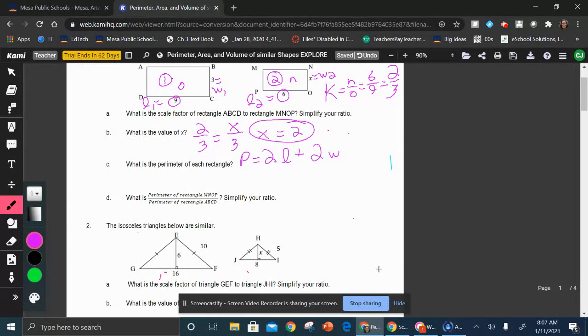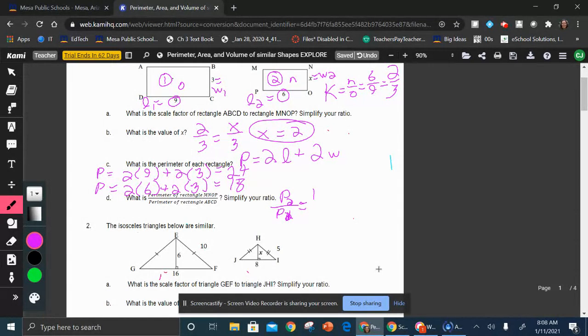Okay, so we're going to do perimeter is equal to 2 times 9 plus 2 times 3, which is equal to 24. And then this one is going to be 2 times 6 plus 2 times 3, which is 18. Okay, so simplify your ratio. So it's going to be perimeter 1. Sorry, we're doing it the other way. Perimeter 2 over perimeter 1